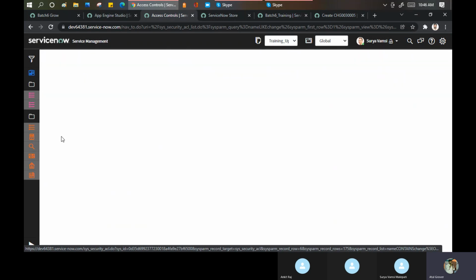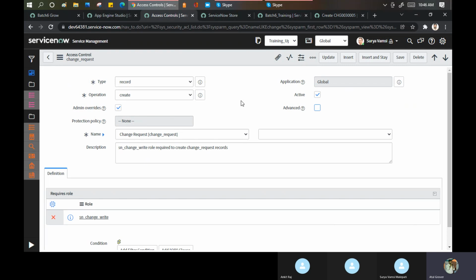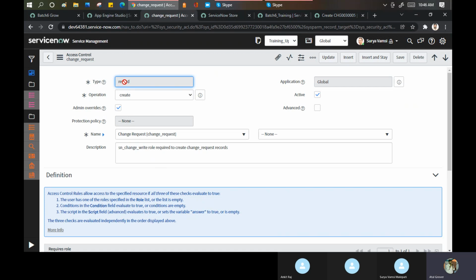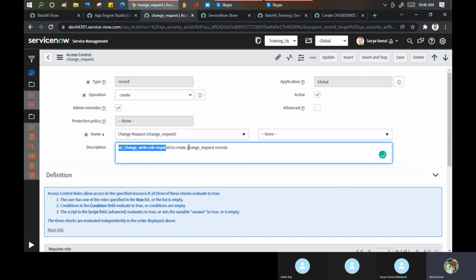Let's see what it says here. It is of type record, operation create. I'm putting this ACL on the change request table. SN change write role required to create a change record in this particular table.